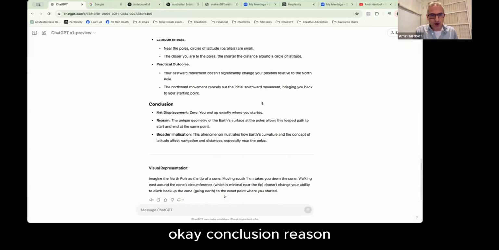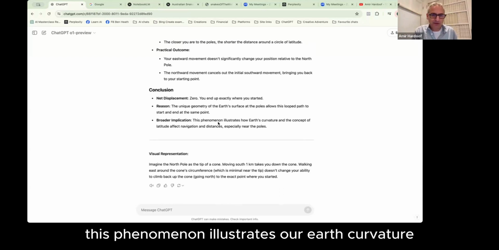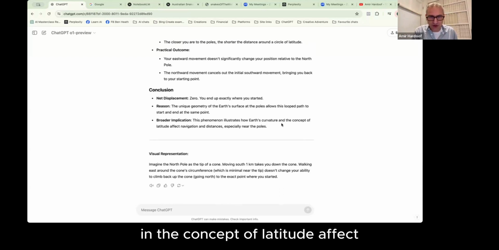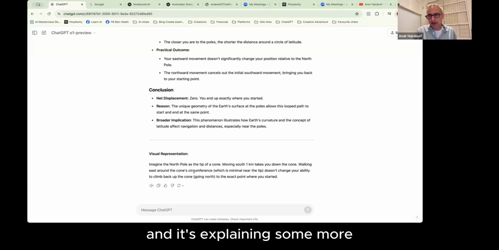Conclusion, reason, broader implication. This phenomenon illustrates how Earth's curvature and the concept of latitude affect navigation and distances, especially near the poles. And there is a visual representation: imagine the North Pole as the tip of a cone, and it's explaining some more.